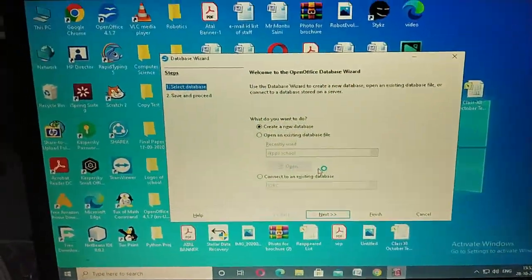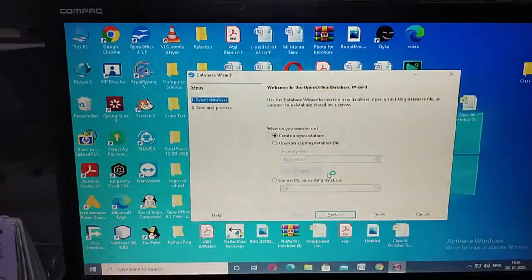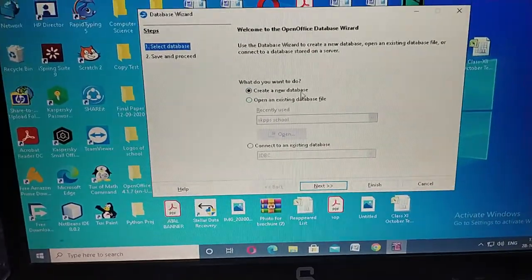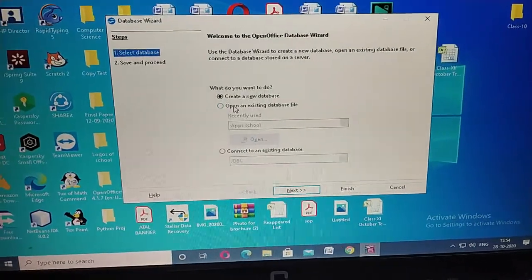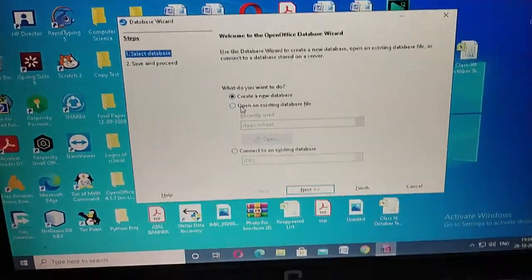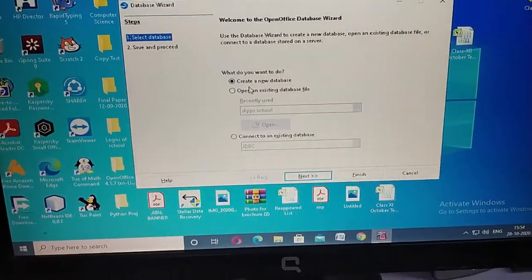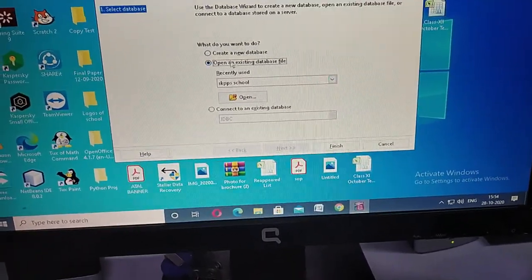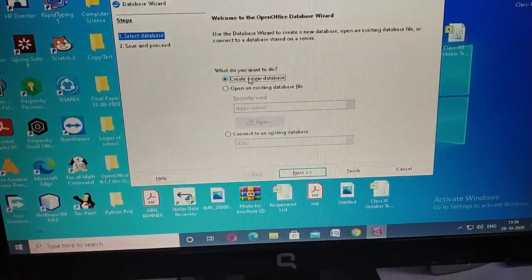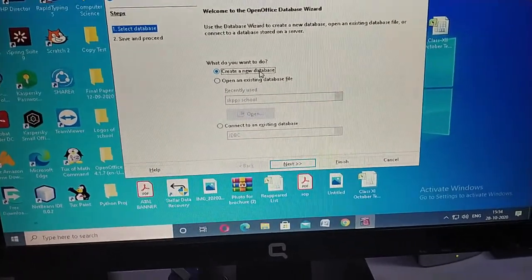The moment you click on Base, the main window will be in front of you, and here you can create a new database or open an existing database. Now it's up to you. If you already have a database created, then you just click on open an existing one. It will ask you where the database is. You can select that. I'm showing you from the beginning, so simply go to create a new database